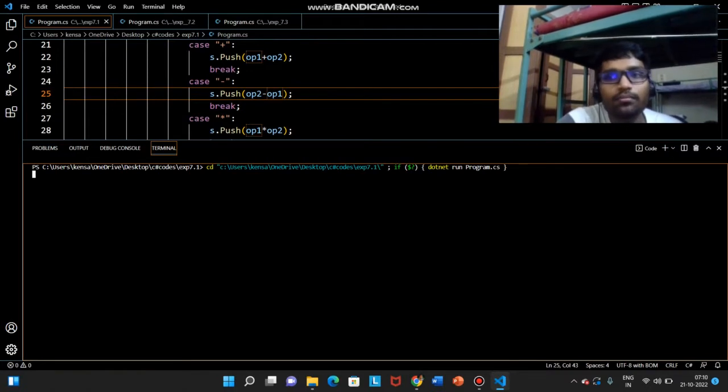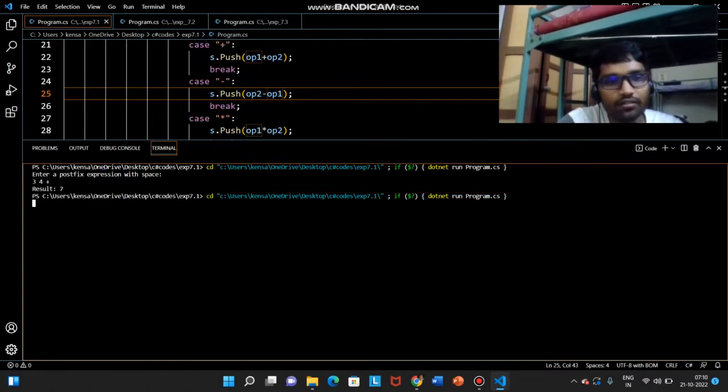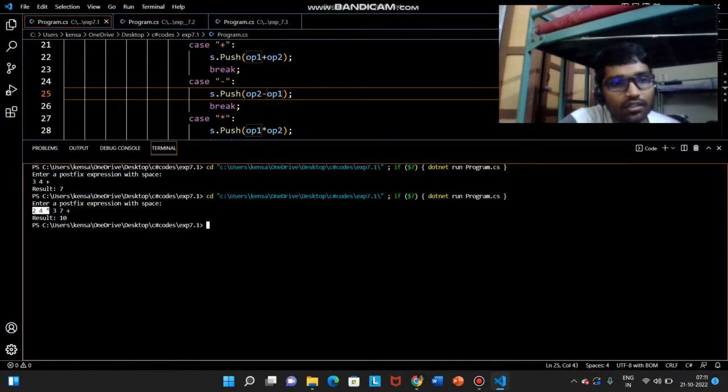check for the output. Enter a postfix expression with space. Now 3 4 plus, you can see the result is 7. Now we'll run again. 2 4 multiplied, and this is one operand, and now we'll add this to 3 7 plus, the result is 10. So the 2 4 multiplication is 8, and 8 plus 3 7 we'll be getting 10, and this